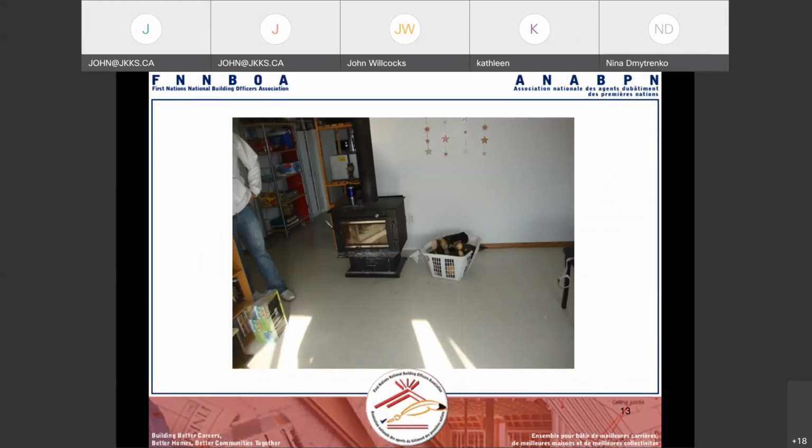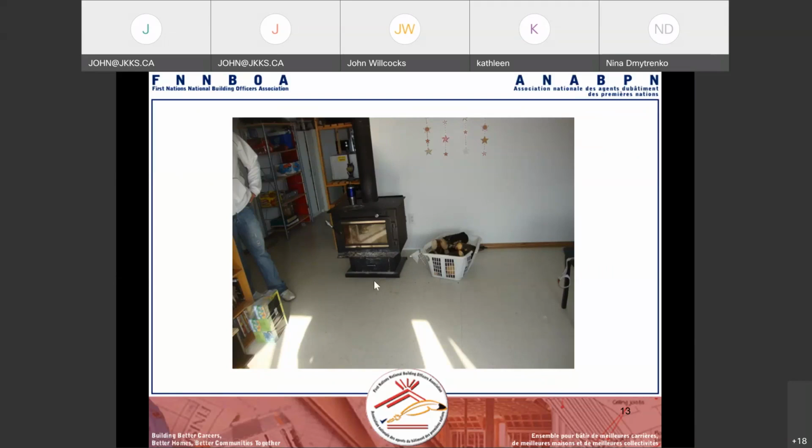Here we have a wood source fire that was installed and looks like it's operating, and it has a number of risks. It's not actually installed properly. It's supposed to be on some type of metal or slab. It's actually on vinyl floor. My understanding is there's supposed to be a cement board behind that or something to deflect the heat.